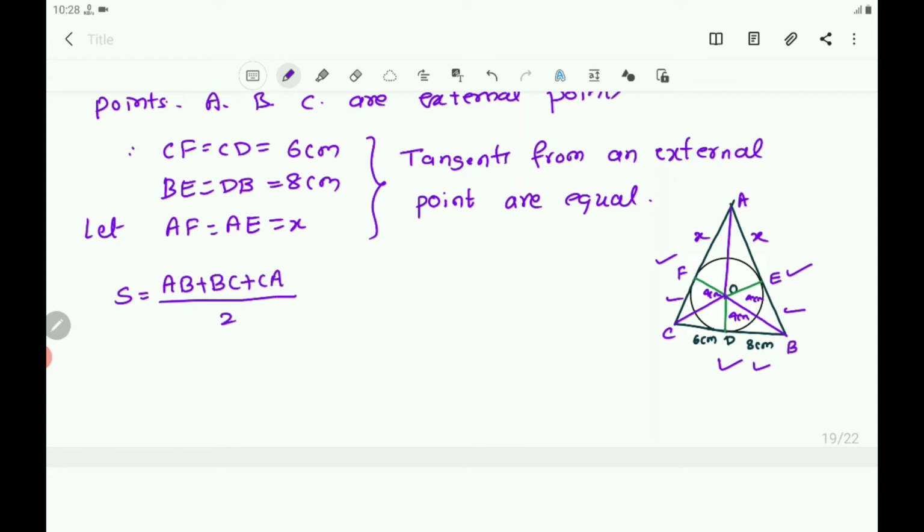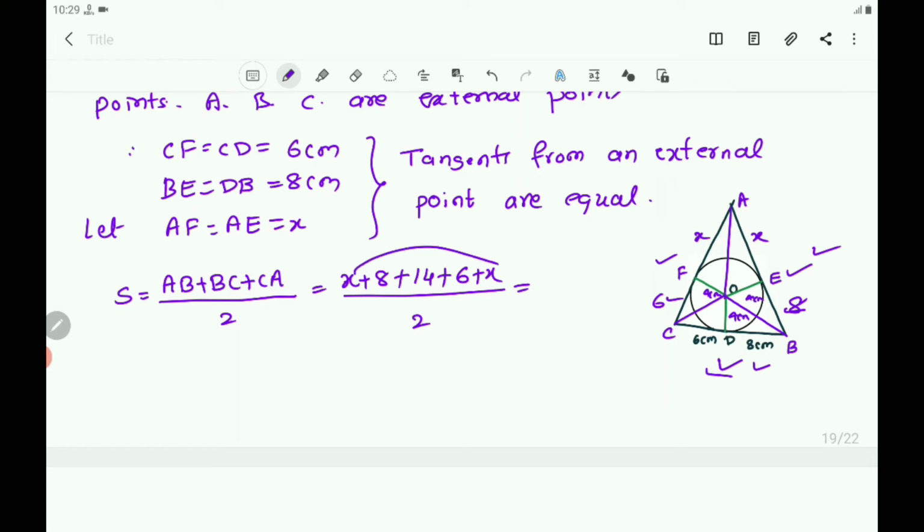That is the semi-perimeter. AB is X plus 8. Here I have taken this as X, that as 8, and AB is X plus 8. BC is 6 plus 8, that is 14, plus CA is 6 plus X, whole divided by 2, that equals